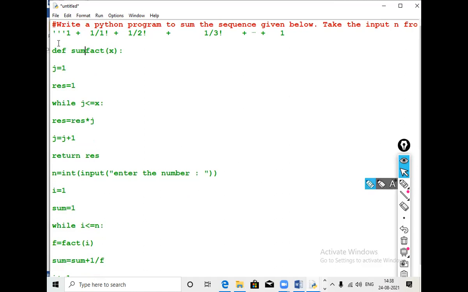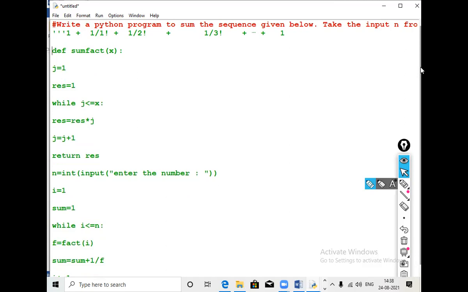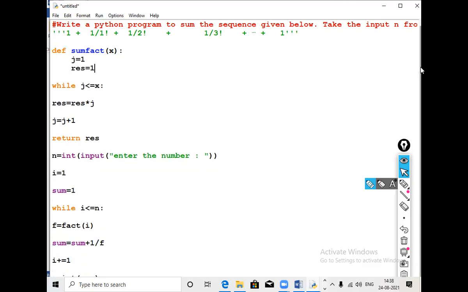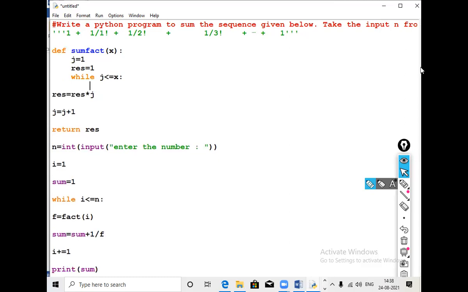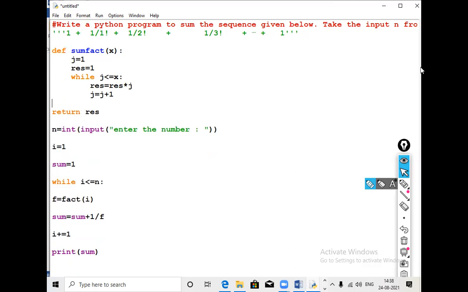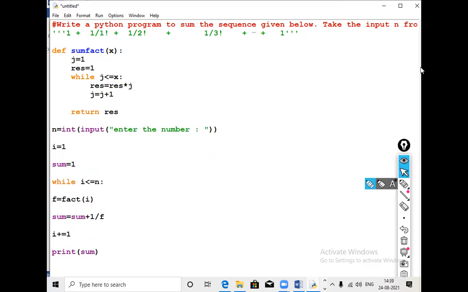Sum of fact. x we will pass. This is the thing.